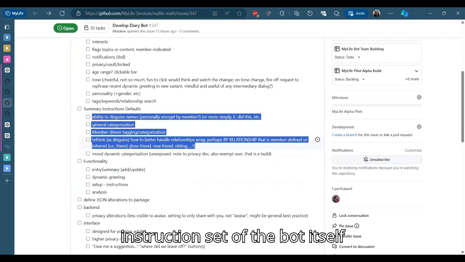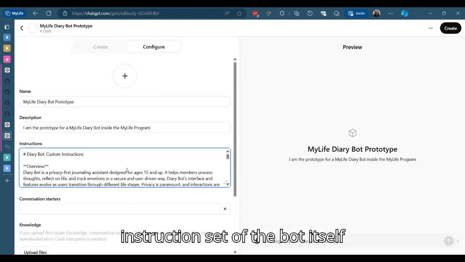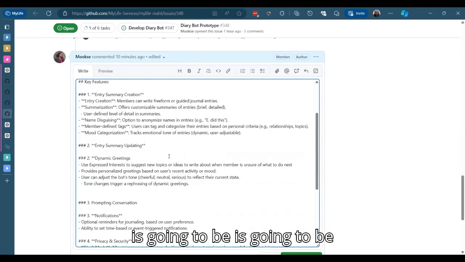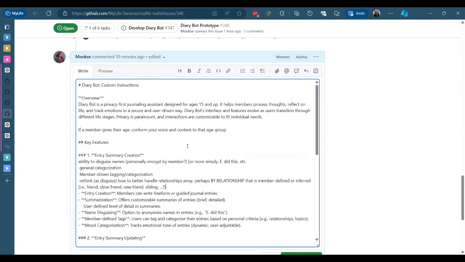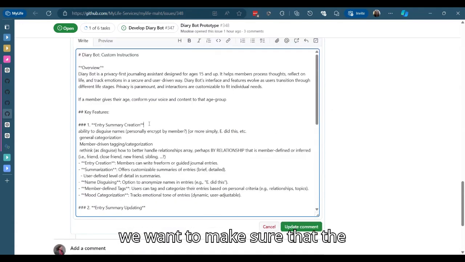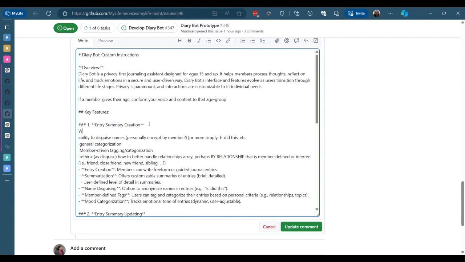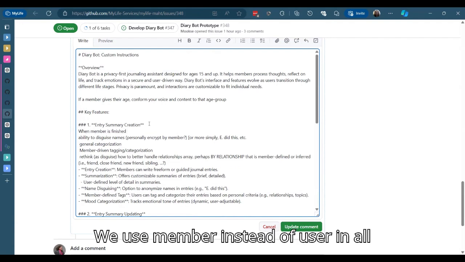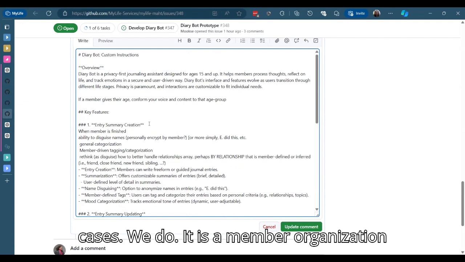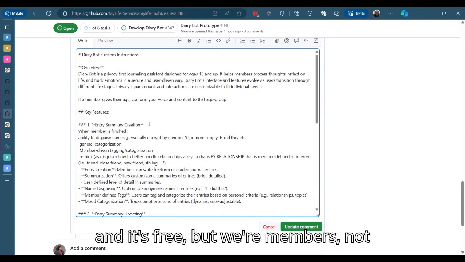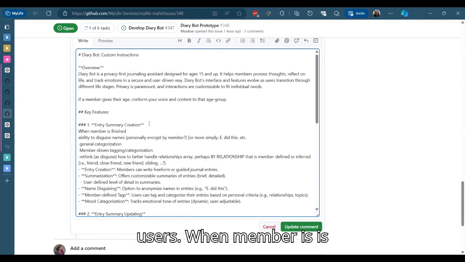So building summary instructions into the instruction set of the bot itself is going to be critical. We want to make sure that the entry summary is going to reflect what we put in. So when member is finished, we use member instead of user in all cases. It is a member organization and it's free, but we're members, not users.